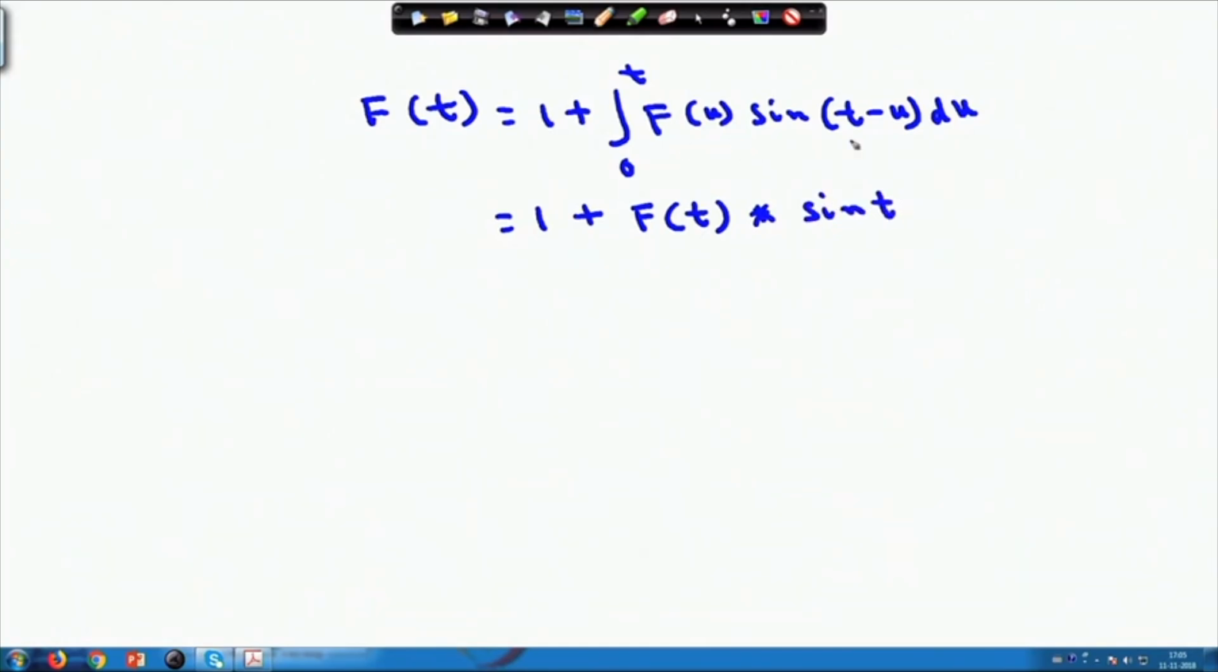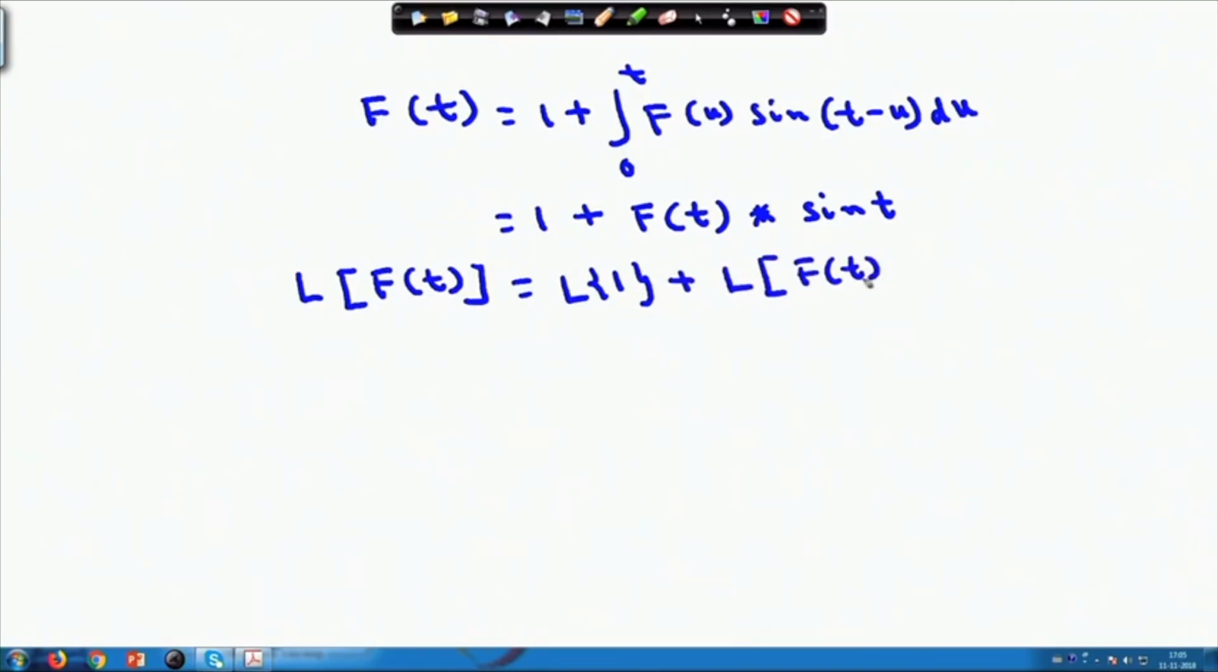This is f(u), this is sin(t minus u). So, from the property of the integral, we can write it as f(t) convolution sin t. Now, take Laplace transform on both sides of the given equation. So, this equals Laplace transform of 1 plus Laplace transform of f(t) convolution sin t,